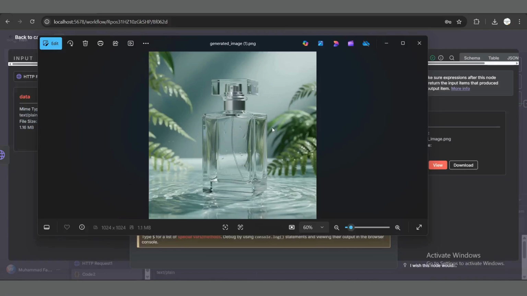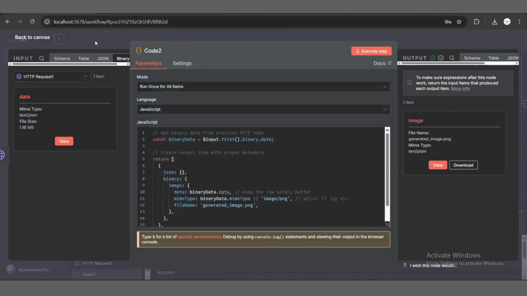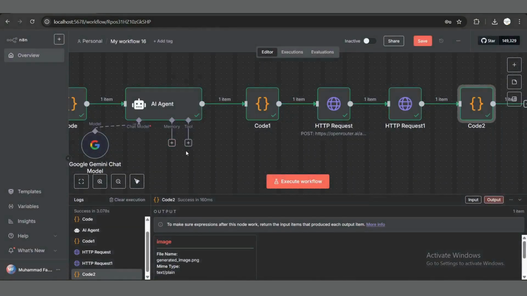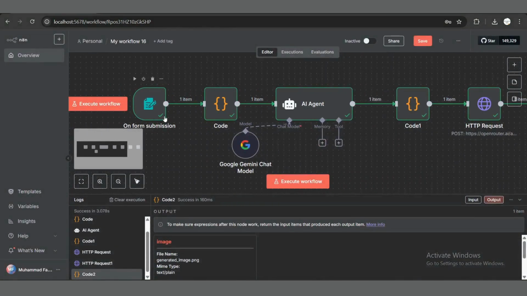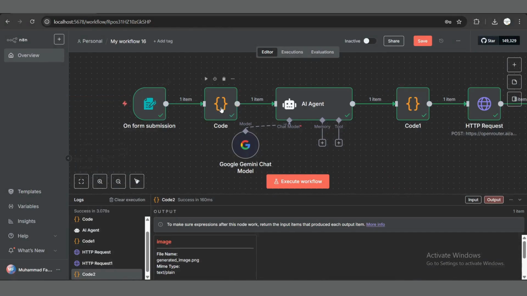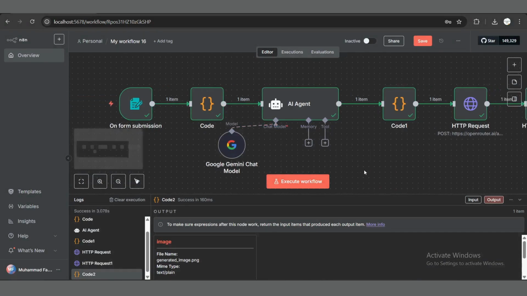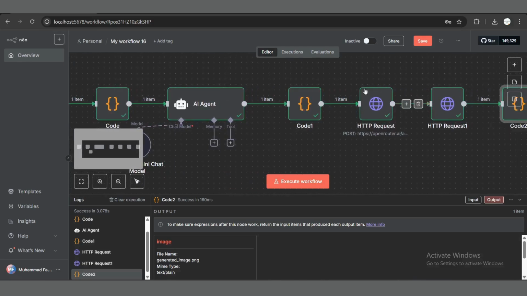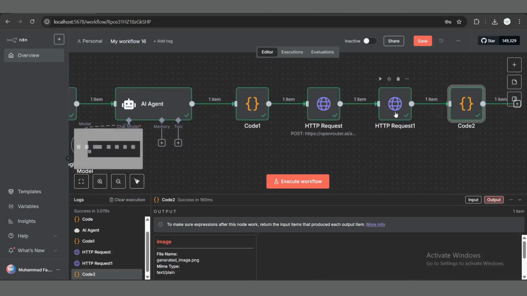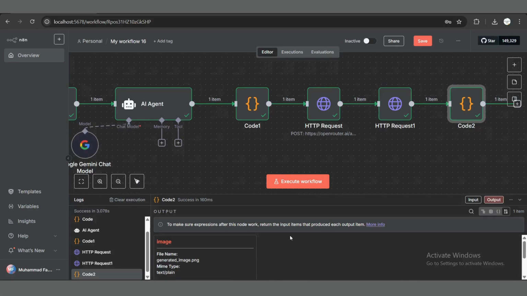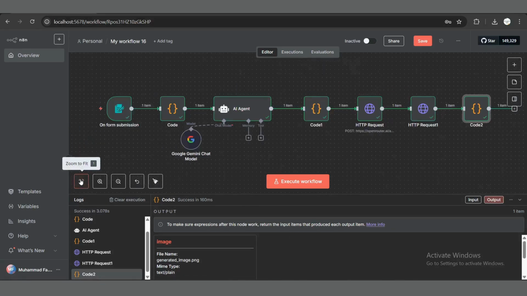Your complete AI image generation workflow inside N8N. Let's recap this. Here the user uploads the image, code converts the image into the base 64 format. Gemini analyzes it, we generate a creative prompt here. OpenRouter turns that prompt into a nice AI image. We convert and view it all automatically. This kind of workflow is super useful if you are building e-commerce product photography, creative ads or AI art pipelines.